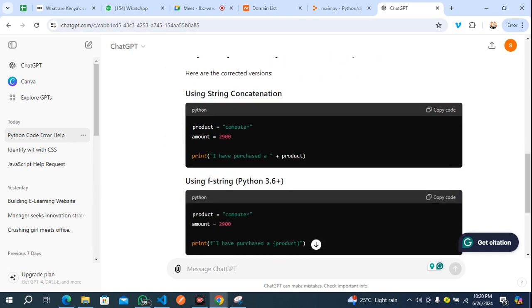Now this is what he did, and he has two options. He did the first one and he did the second one. So the reason why we are having this error is because we did not put plus, which we call what? Concatenation. I explained that earlier. So what we are doing here is what we call debugging. How you can debug your issue out, how you can fix any issue you're having.